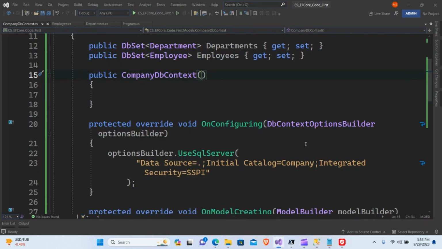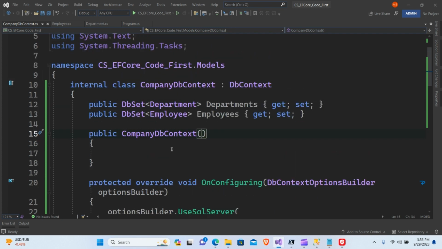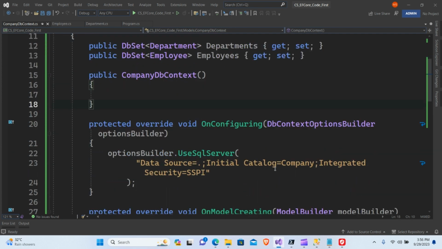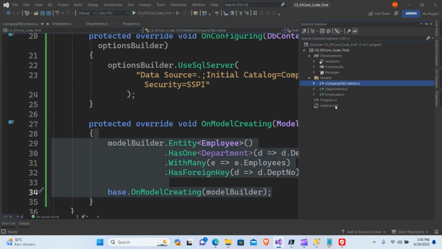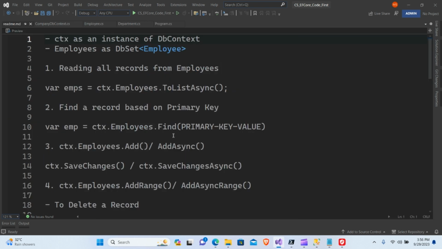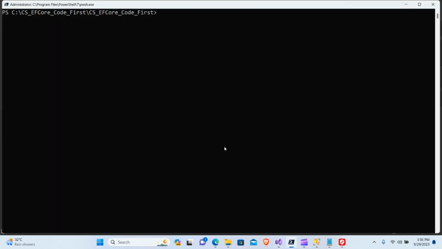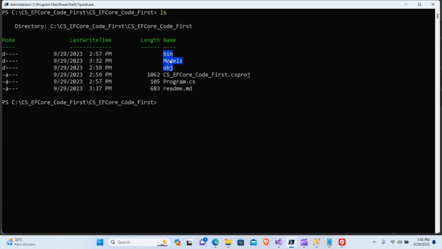Well, guys, in a previous video, we have seen how to create the DB context class, the connection string, as well as the mapping, and then we have also talked about the pseudocode for performing the CRUD operation. Now, once it is done, it is time for us to generate the migrations. So we will go to the command prompt or the terminal window, and then we will navigate to the project path where we have the bin folder, and from there we need to run the command for